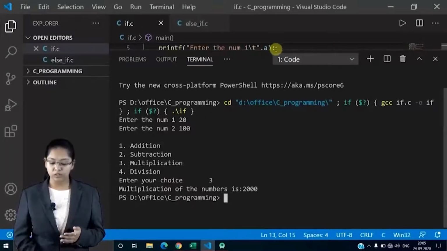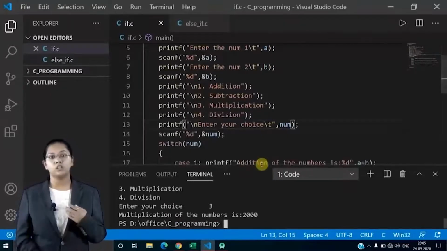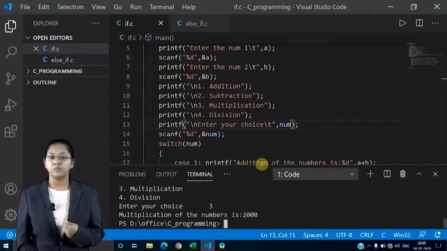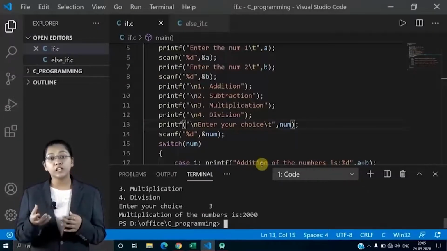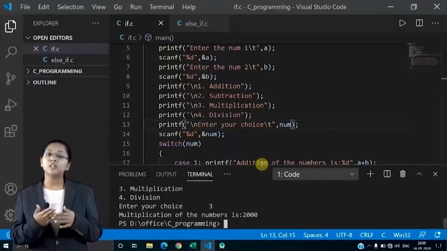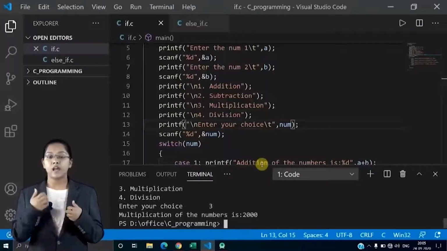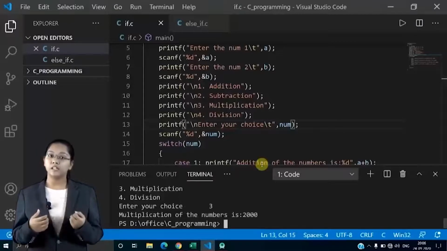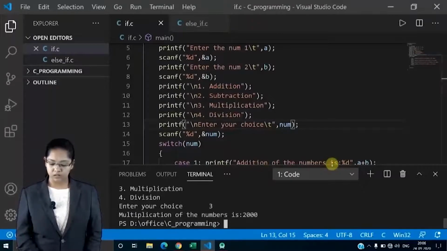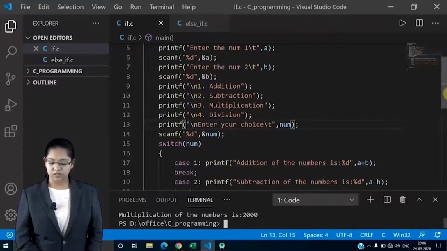Now if you want, you can use a default statement, but if you don't, then you don't have to. The speciality of the switch case statement is that it works with integer and characters, unlike the if else statement, which works with float, integer, character, boolean, every data type. But your switch case works with integer and character. Now this is your menu driven program.